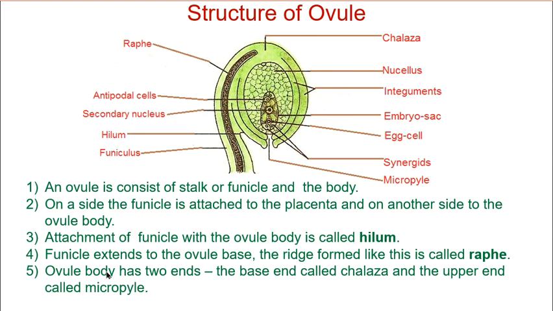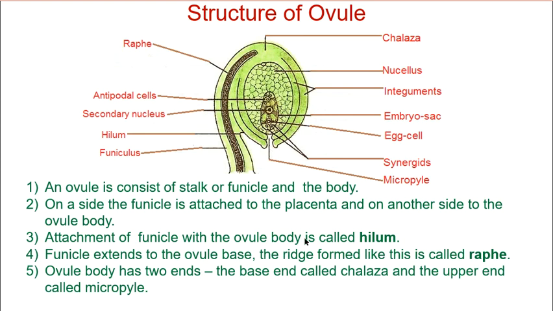Now in the next slide we will talk about the integuments, embryo sac and micropyle. In the diagram you see these two are integuments. This is the nucellus, which consists of parenchymatous cells. This is the embryo sac, this is the egg cell, and these two are synergids. The group of three cells is the tetrad. This open end is called the micropyle, formed by the demarcating line of the integuments.